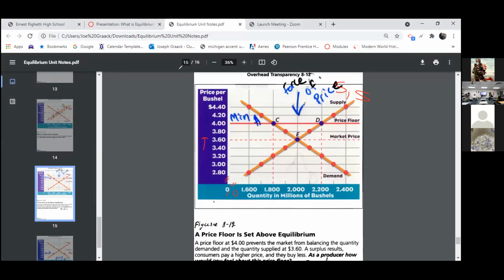As I said, the force of price is always going to go towards equilibrium. So it's going to go from top to bottom, bottom to top. And so one of the things that you'll see